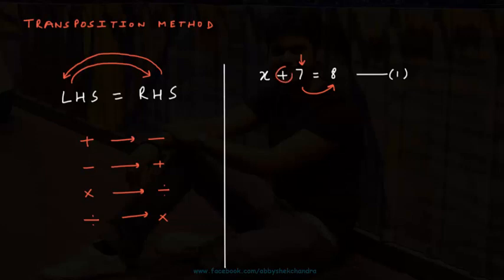Since 7 is added to the LHS, when we transfer it to the RHS, it will be subtracted from the RHS because addition becomes subtraction on transfer. So we will get x equal to 8 minus 7, or x equal to 1, which we already know is the correct answer. Let us now solve equation 2, which was